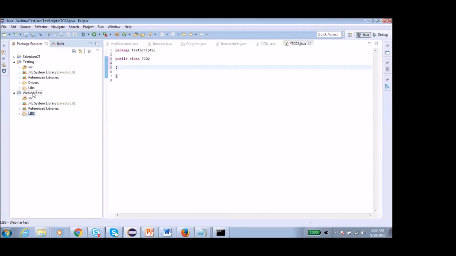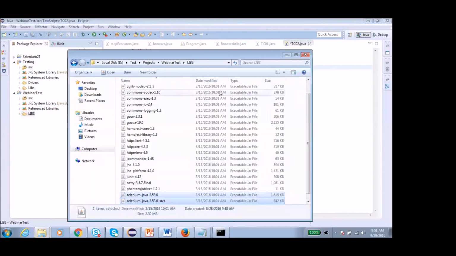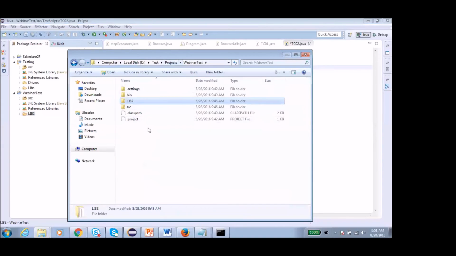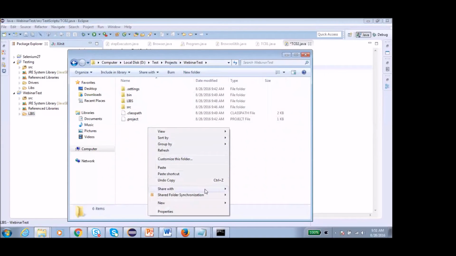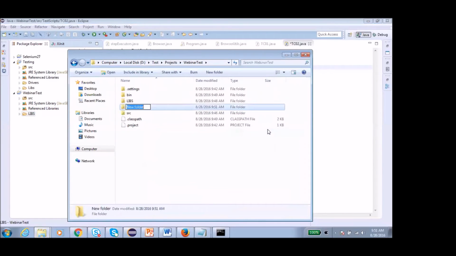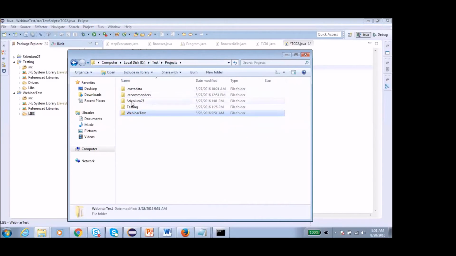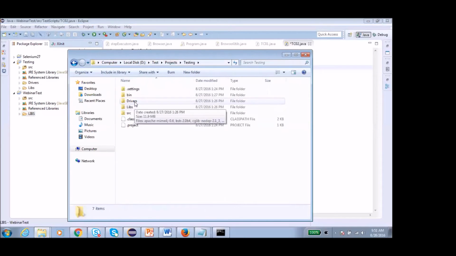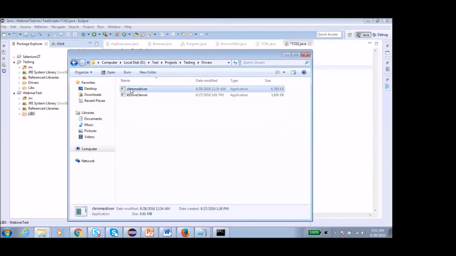Now similarly, we can create drivers. Just go to your project explorer, create a new folder and name it drivers. So basically what we are keeping in these drivers is our Chrome and IE server drivers.